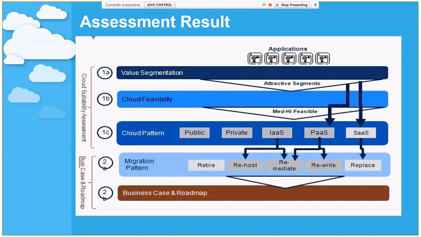So when we are doing the assessment, we can have a diagram displayed like this. We will be getting a segmentation from the client, which applications we can go ahead and do the assessment on. We can do the assessment, and we can have the feasibility. And as I have told you, the approach which the client wants to follow may vary from SaaS, PaaS, IaaS, private and public cloud. So definitely we need to ask them what they are looking for and what their intention is behind it.